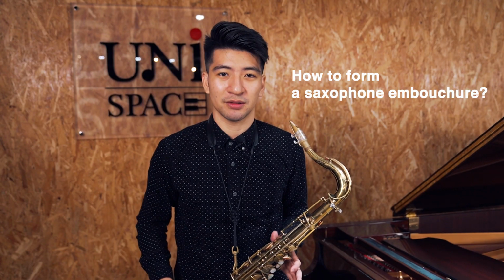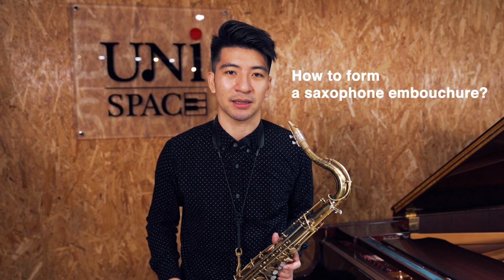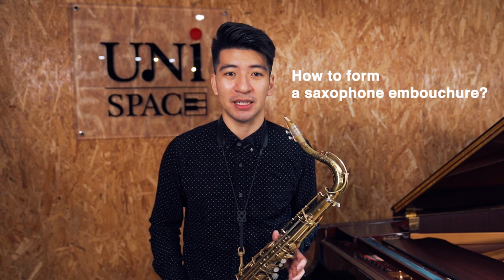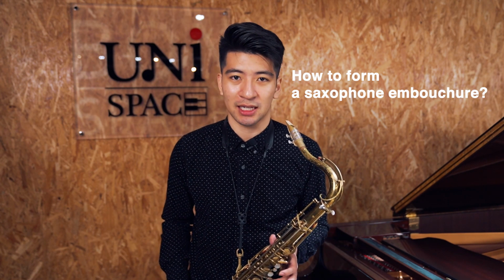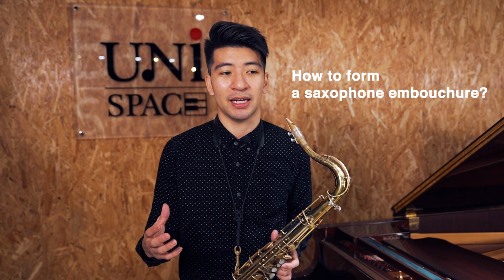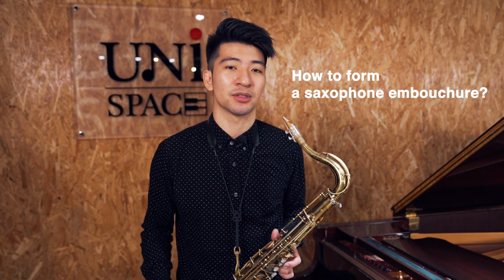So before doing long tones, you need to understand how to form a saxophone embouchure. A lot of people normally roll their bottom lips like this. In reality, that is going to pinch off the reed. And I know it's very common for a lot of classical saxophonists to play that way. But if you're a jazz saxophone player and you want a projective sound that is resonant and allows you to play quietly and loudly and have flexibility, you want to try a more flexible embouchure, which in this case is